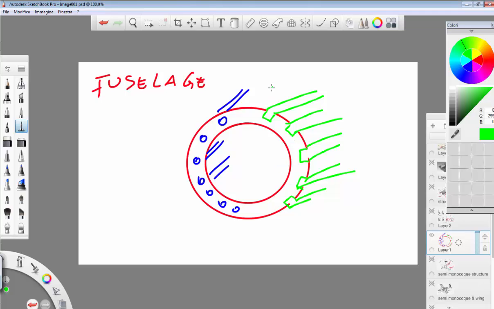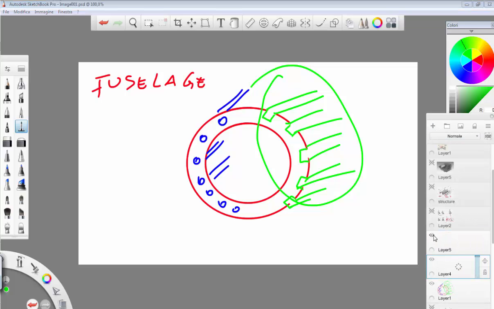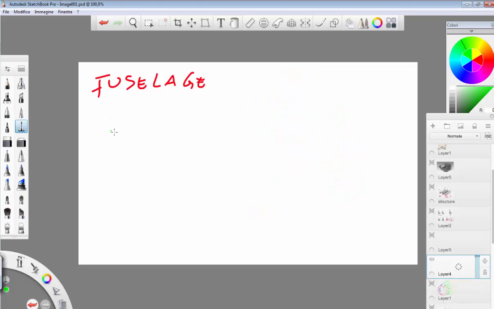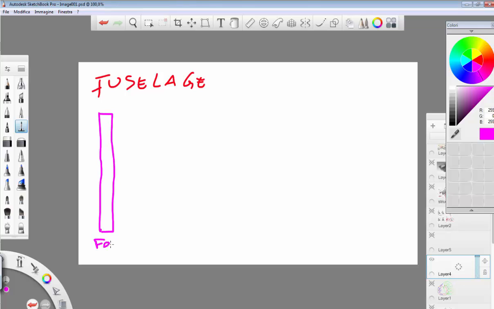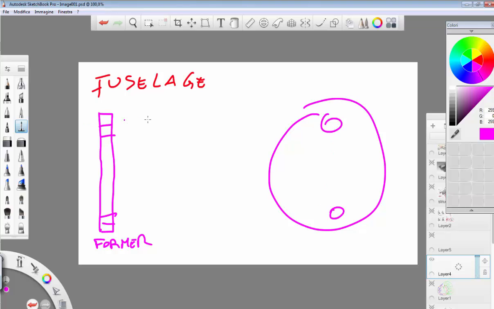Okay, this approach is the best for RC plane, because if you use the first one, let's say that this is your former, and you made a hole here and here, which corresponds to one hole here and one here. Then you have another former here. Okay, so if you choose this configuration, pay attention to this distance, because if the spacing between two formers